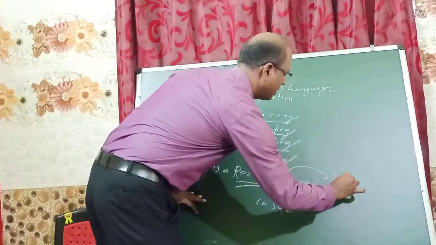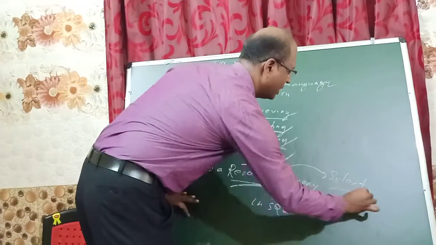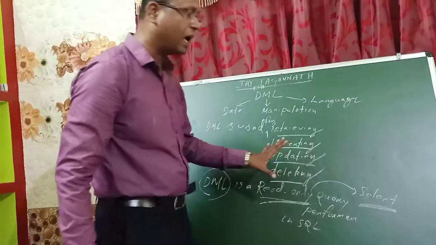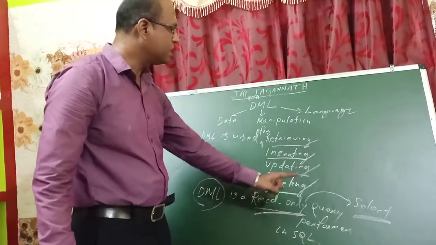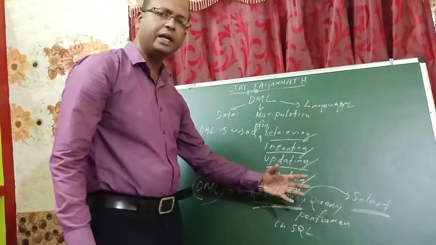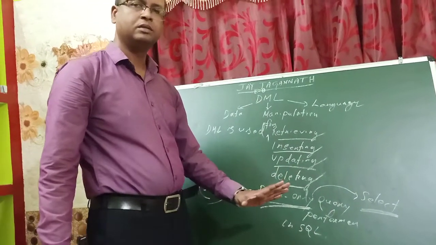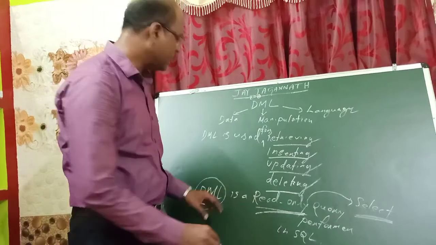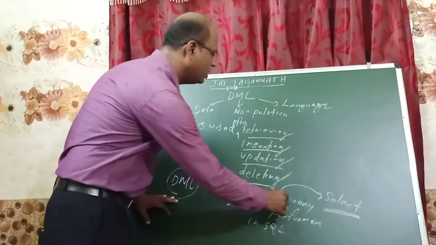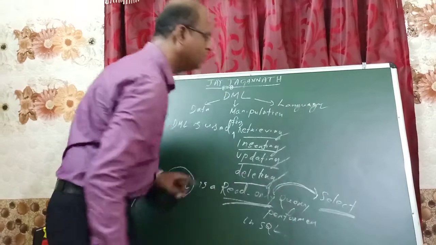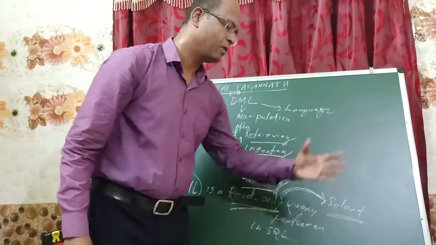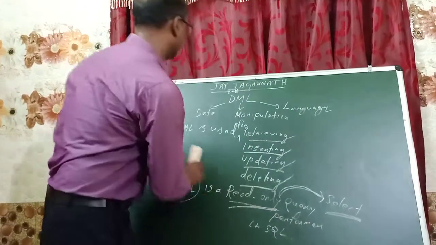And read only query in SQL is purely performed by the select command. Using the select command, we are not able to make changes. Using the select command, we can only retrieve the data from the database. That's why DML is a read only query performer in SQL, which is very appropriate for the select command. We will discuss it later.